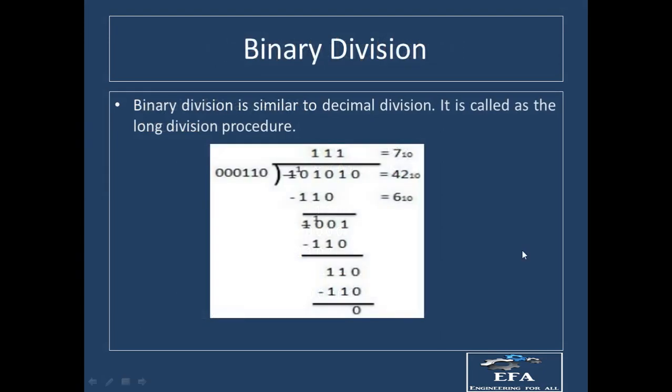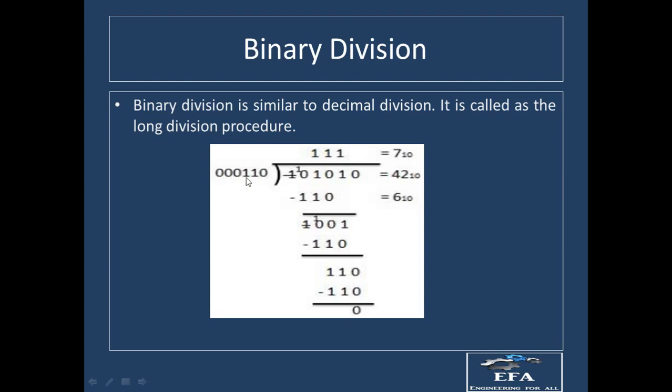Okay, so the last one is binary division. Now in this case, suppose you have to divide 10101110 by 110. Right, I repeat, if you have to divide 101010, this is the question, and you have to divide this by this number 110. So the division method is again the same which we use in decimal division, but in this case the subtraction part will be the binary subtraction.